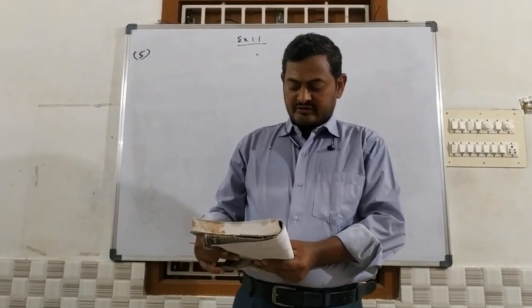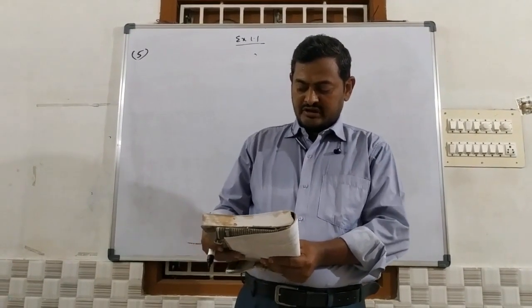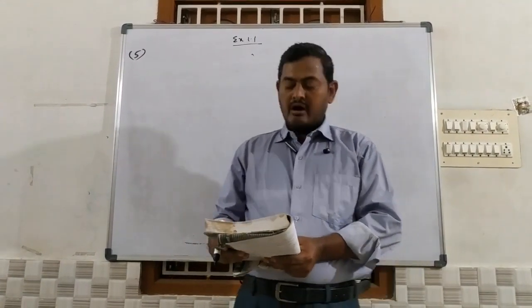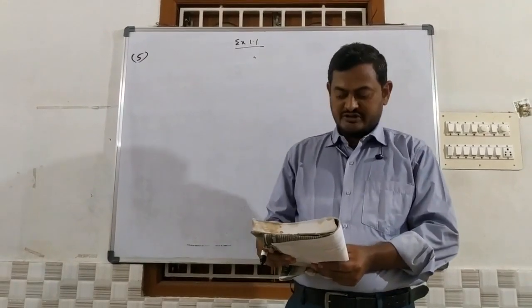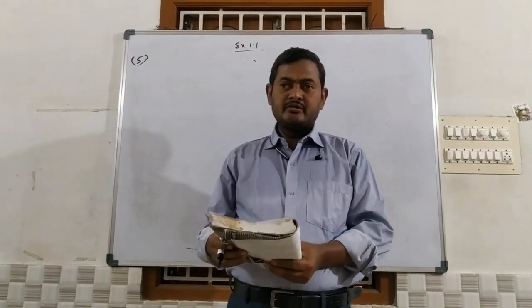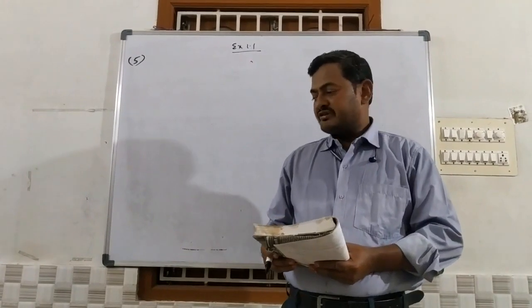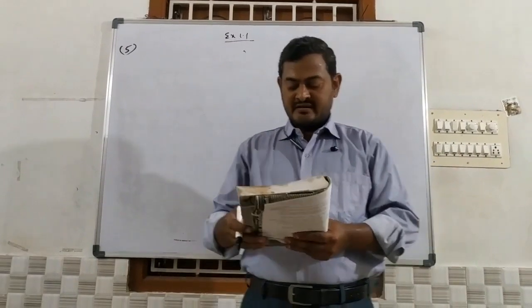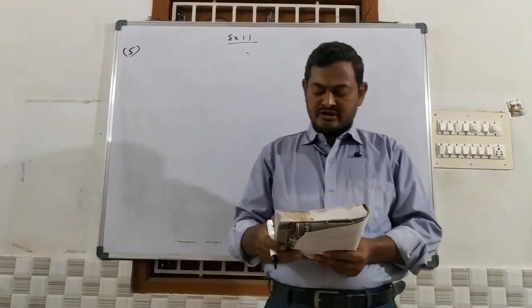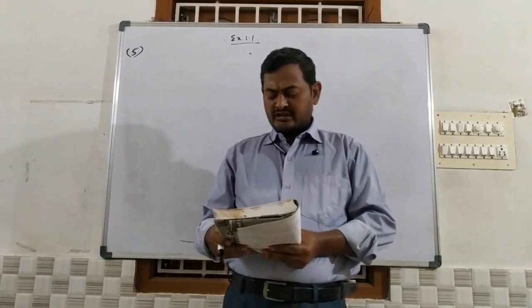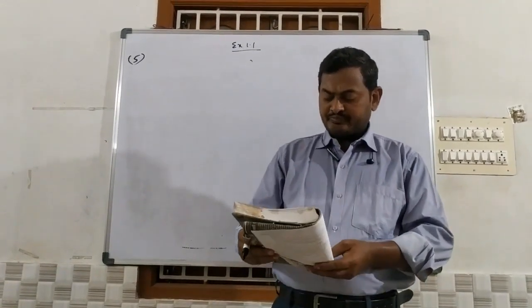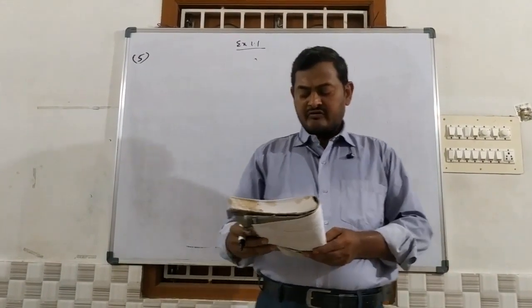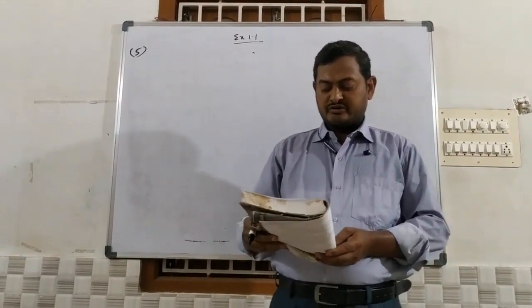If the withdrawal of amount from his account is represented by negative, so withdraw is represented by negative and deposit is represented by positive. How much amount deposited? Rupees 2000. So how can we represent this symbol? Plus 2000. And withdrawal means negative, minus, taken from the bank, that is minus rupees 1642. So 2000 rupees deposited, 1642 rupees withdrawn from his account.